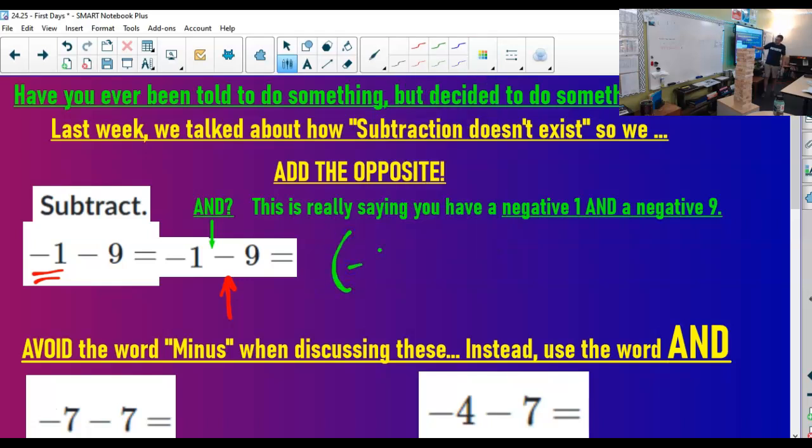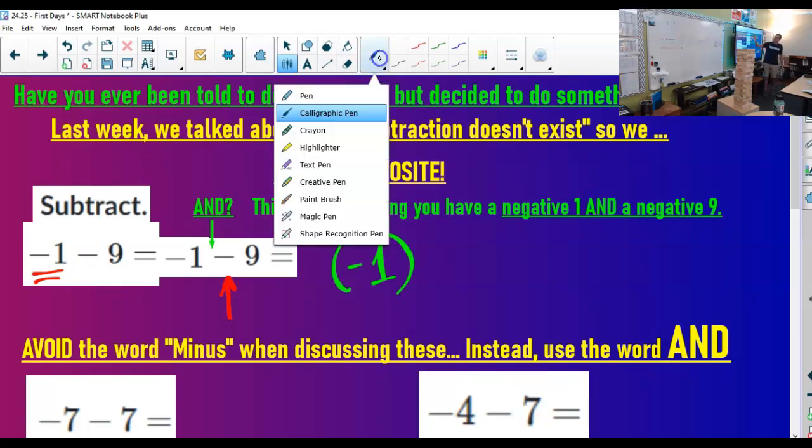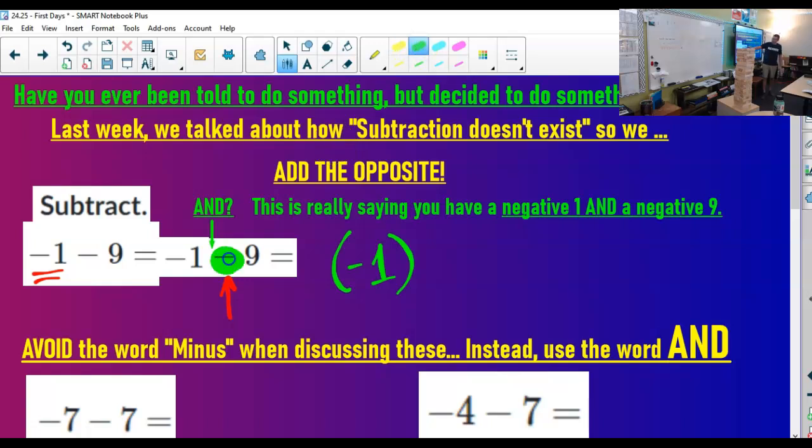-1. So on your paper, I'd like you to write down -1 minus 9, but then we're going to switch it to not subtraction. Now, we can't get rid of this because it's either telling us to subtract or it's telling us that 9 is negative. So if I read this as I have a -1 and that's highlighted, and I also have a